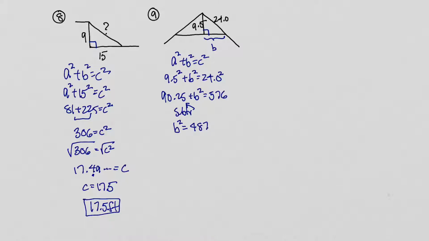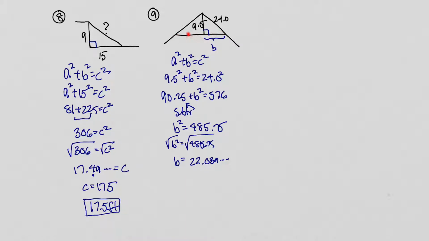Let me try that again. I'm really getting 485.75. Take square roots. And I'm getting that b is equal to 22.039 dot dot dot. But now what they're actually asking us for is the length of the base of the